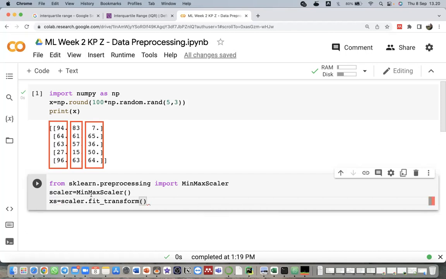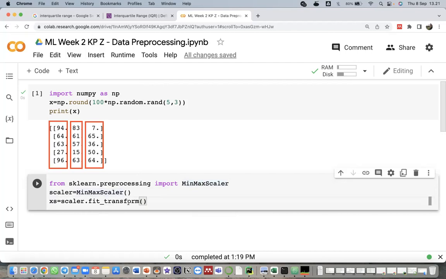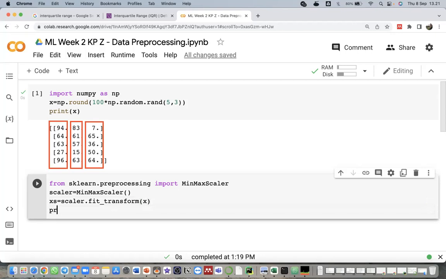So we don't need to call the fit and then the transform method separately. If you see in our slide, we divide it into the fit method then the transform method, but in my code I just use one line for fit and transform. Then I print the xs.